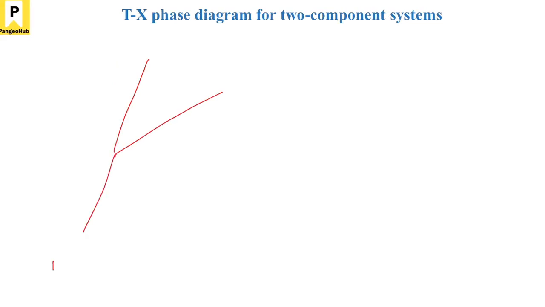Let's say this is A, a single phase, one component system A, and this is another one component system B, and I can take this as the pressure axis. This is P. So you see, at any pressure I have the melting point of A at this point, and then I have the melting point of B at this point.